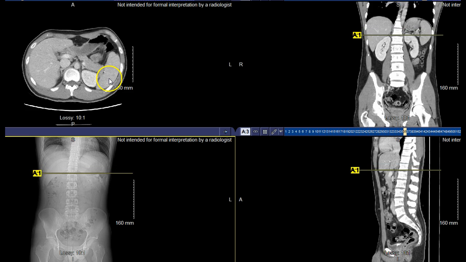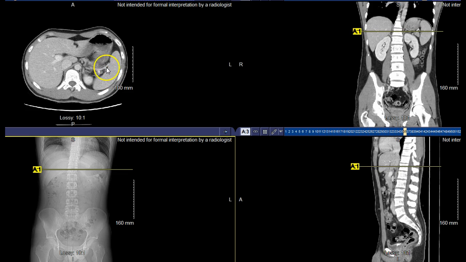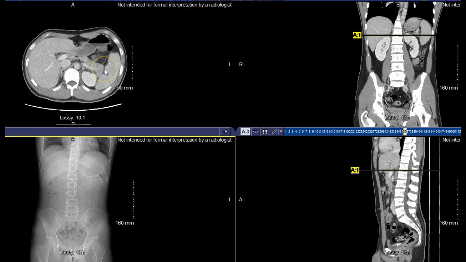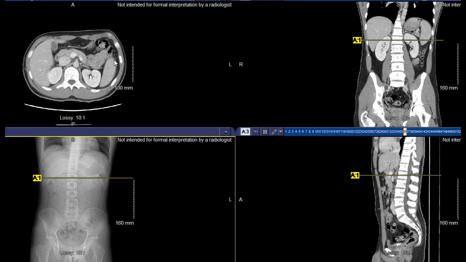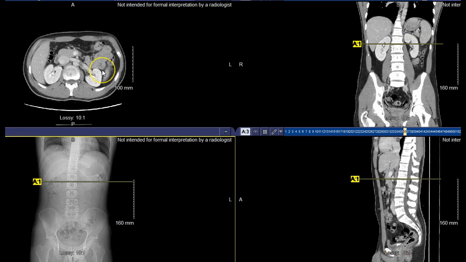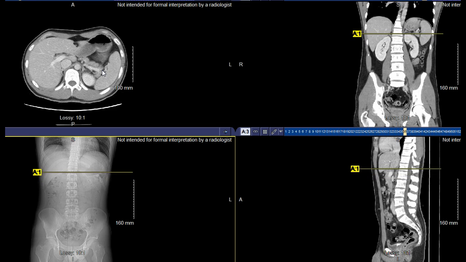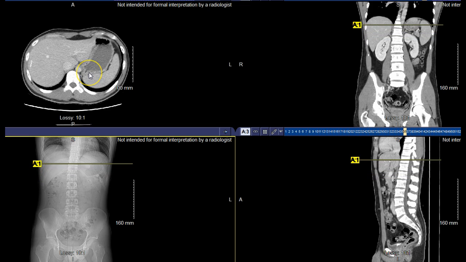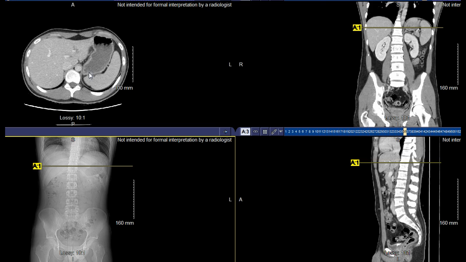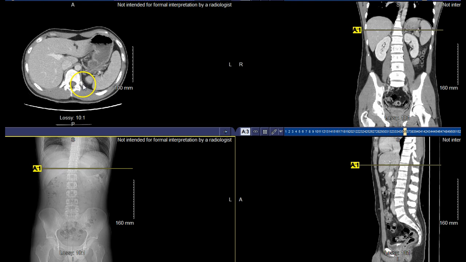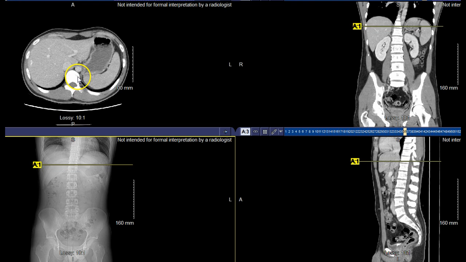So continuing to go down though, you can see the spleen, you can see the vasculature supply, the splenic vessels here as well, but I'm not going to hold you really responsible for that one, just the spleen in general. Continuing to kind of go back up, I want to touch on some other structures. So we've talked about the crus of the diaphragm here before, so we can be able to see those structures, but that's going to be something that's going to be helpful for us to be able to identify the adrenal